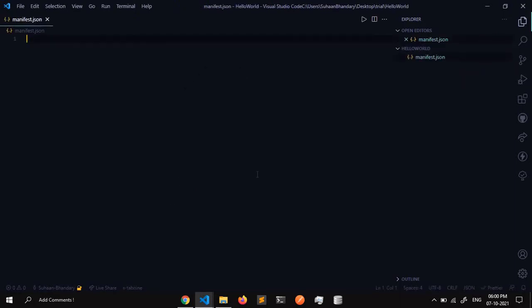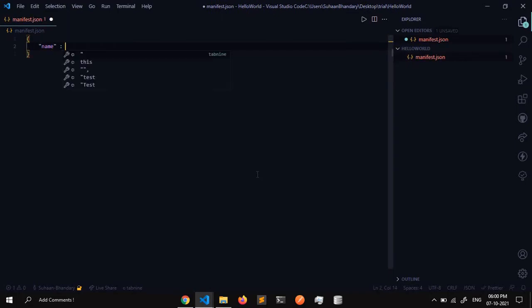So in manifest.json, first we will give the name, which will be hello world, and after that we will be giving the version. For the first version you can simply give any number, or I will recommend you to start with 0.0.1, and as you update the extension you can increase it, depending on how big the update is.